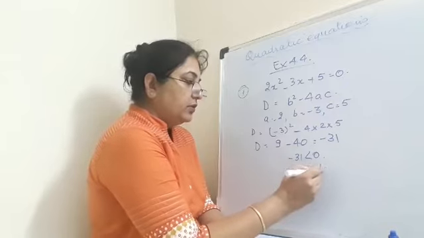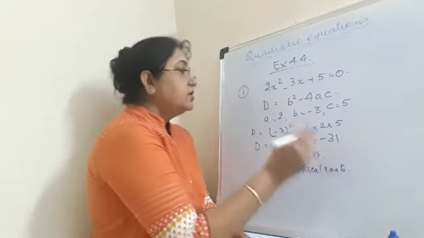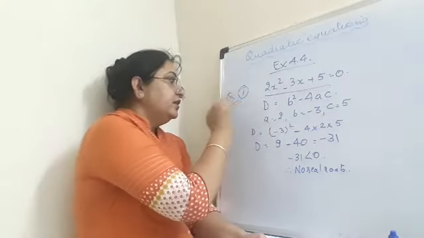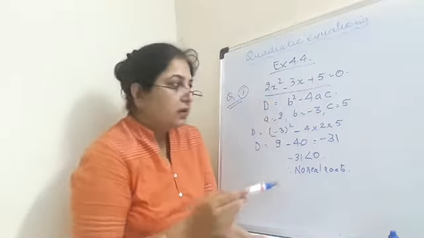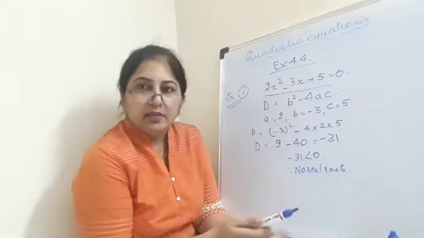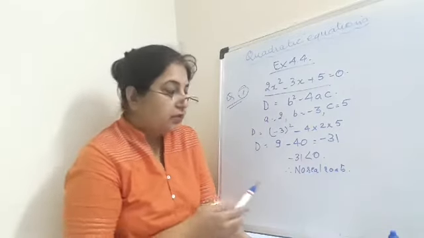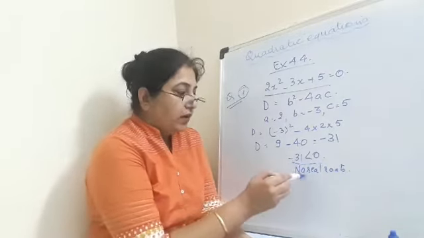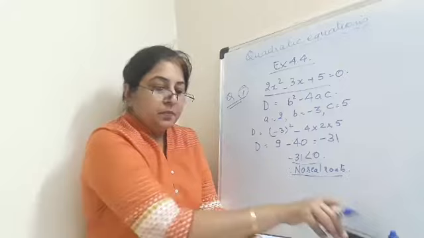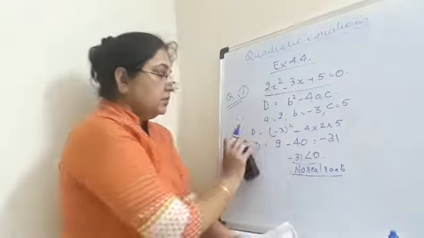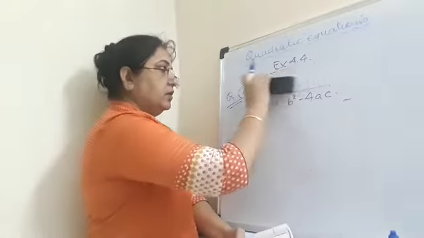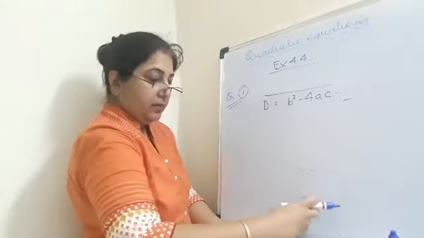Okay, so this is how the question number 1 has to be performed, that you will find the discriminant. If the discriminant is equal to or greater than 0, then you will find the real roots, and if the value is less than 0, you will write there are no real roots. Okay, so I hope you will be understanding this question, and I will take one more same question. Let's take the second one.